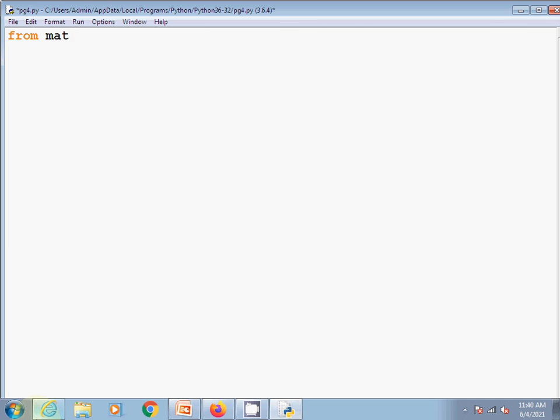Now the third statement is from math import pi. Only I am accessing the pi functionality of the math module. See what will happen. Print pi.